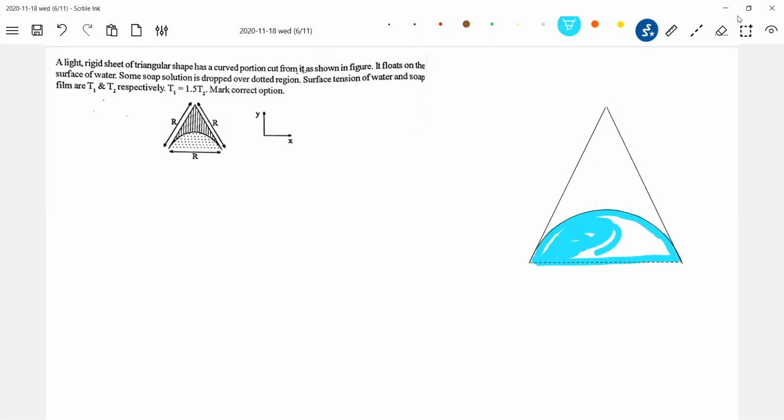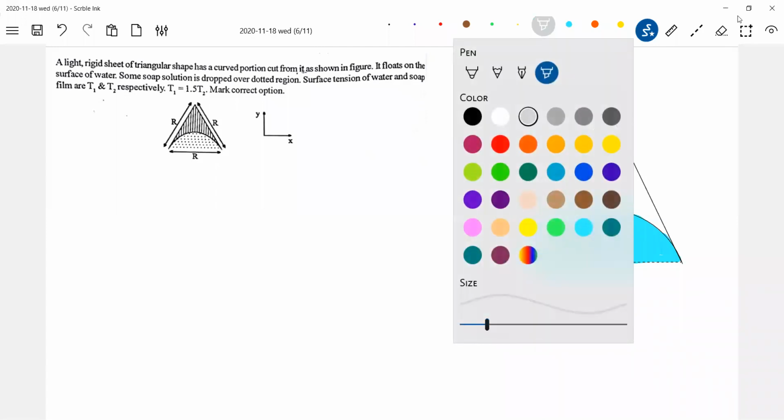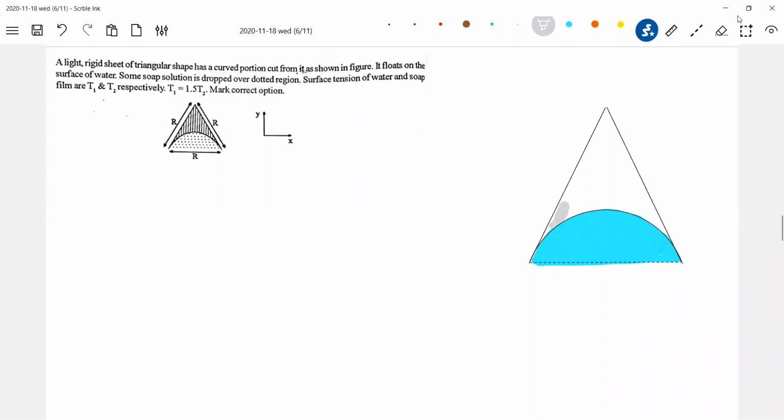So how to get the soap solution? It's floating water in this region. You drop some. So what can you drop? You can just drop some detergent powder in this region. So it will mix. So yes, the surface will change, and the rest, everything, will be water. I'll not show it. Only this triangular lamina, I'll show this one. Okay, now tell me the forces. The white color is now like water.